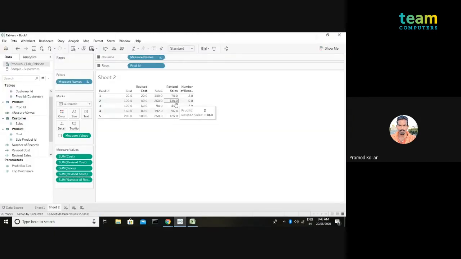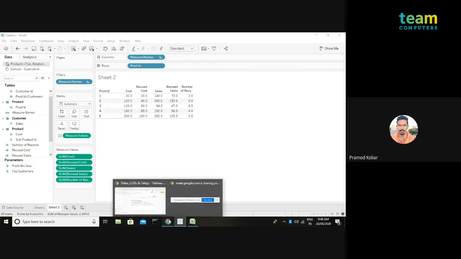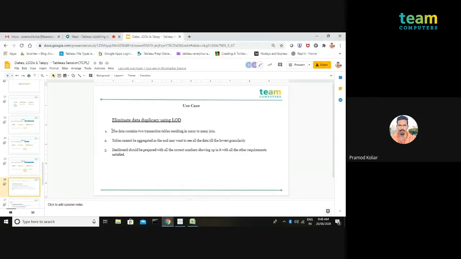Device sales as 130. So LOD expression has actually reduced the duplicacy in your data. Plus, it has retained all the details as well. That means if an end user asks tomorrow that they want a table format at the lowest canonical level, you can also do that, and all the numbers are correct over here, and so your third requirement is also satisfied with this particular example, right? So this 3 requirement is satisfied over here. So that's how LOD is powerful. It allows you to remove the duplicacy in your data.